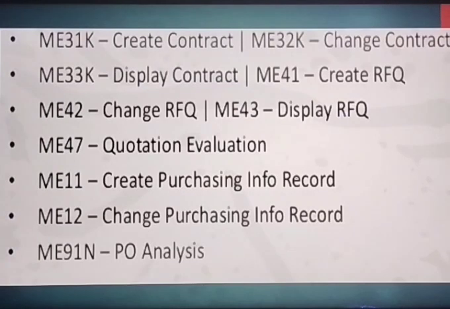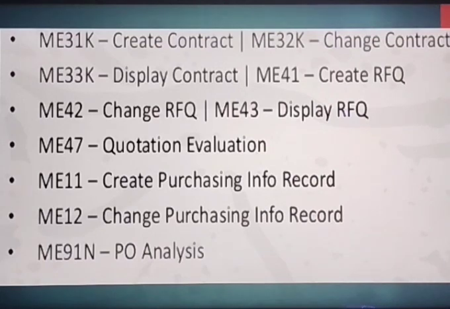ME53N. Moving on to the next, to create the contract that is ME31K, to change the contract that is ME32K, to display the contract that is ME33K, and to create the RFQ, that is request for quotation, that is ME41, to change the request for quotation is ME42, and to display the RFQ is ME43,